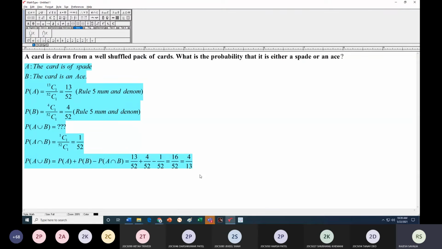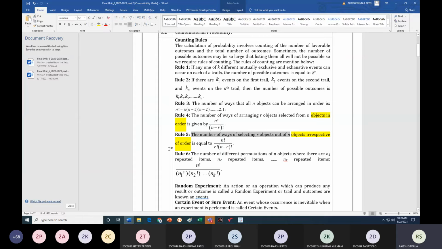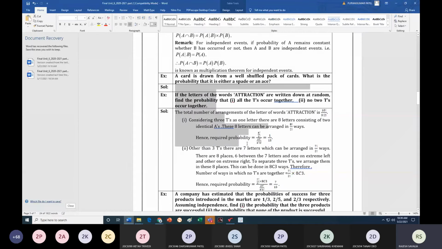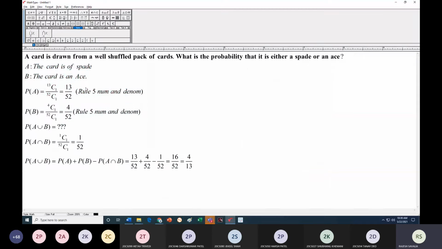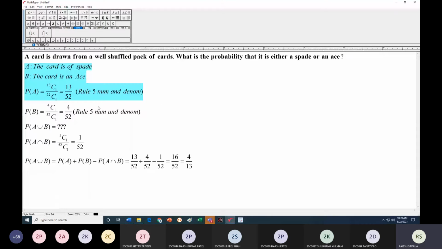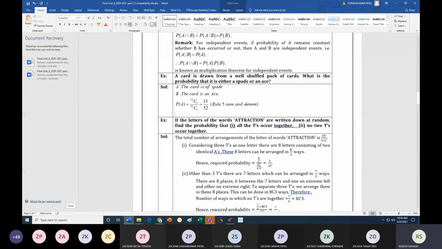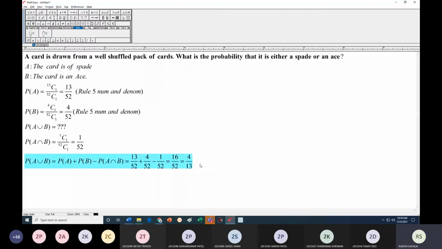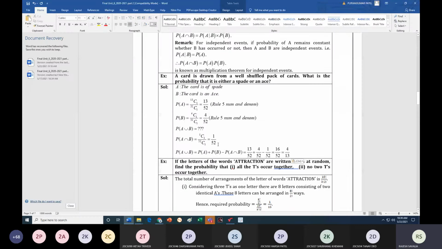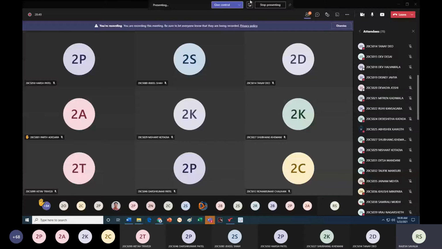मैं वो सॉल्यूशन कंटिन्यू नहीं करने वाला हूँ, क्योंकि वहाँ पे डिटेल कुछ नहीं लिखा है. ठीक है. So let me remove this part and let me paste this solution. वहाँ पे कुछ रूल नंबर ऐसा कुछ मेंशन नहीं है. Any doubt? कितने बच्चों को समझ में आया? प्लीज राइज योर हैंड.